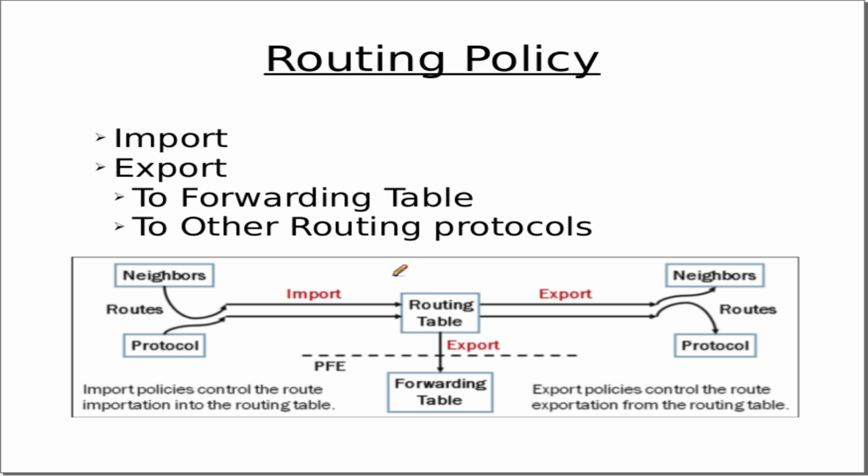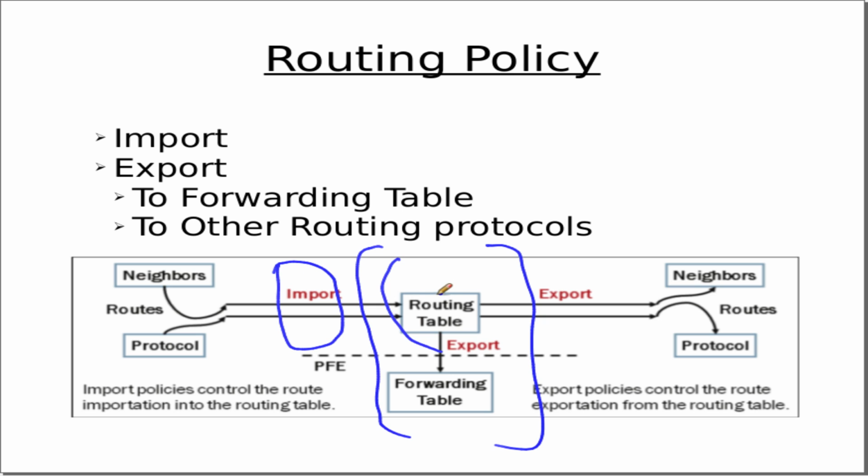So let's assume that this is the router over here. And these are the neighbors that are sending information to this particular router. Now the routing policy is implemented before the information is received or is put into the routing table. What we can do is decline a certain number of routes from being entered into the routing table, or we can also modify certain parameters so that once these routes are installed into the routing table,